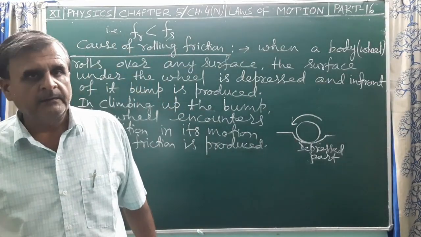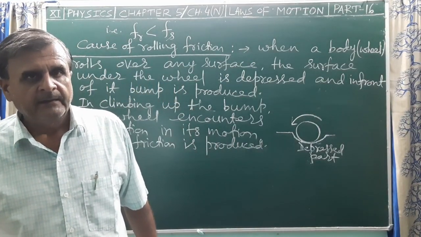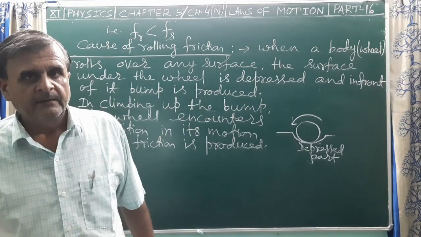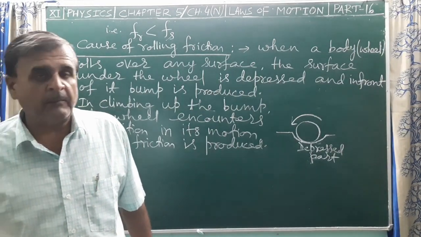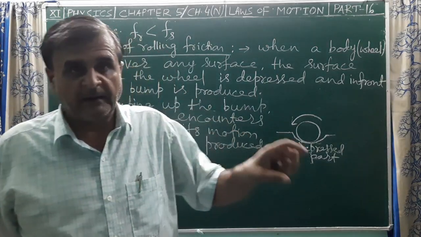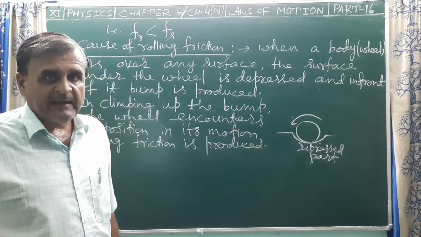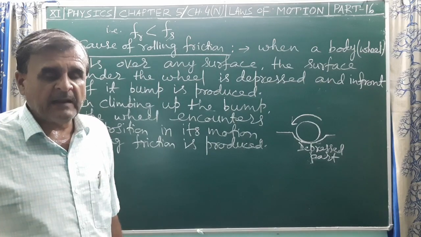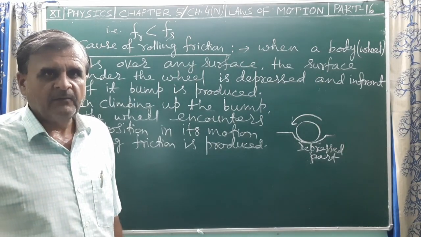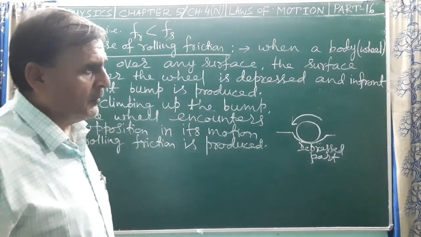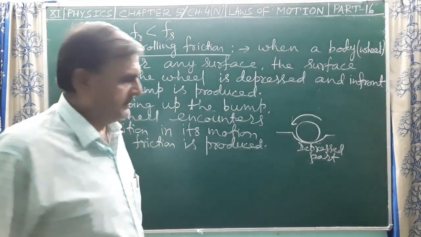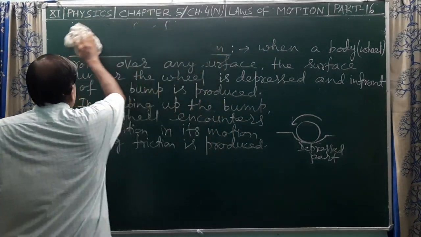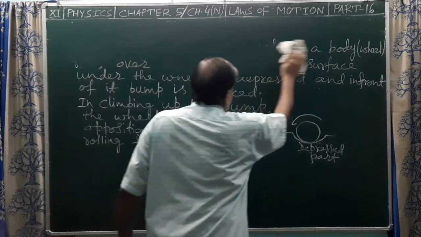If the block finally comes to rest, what will be the stopping distance? What will be the distance covered by the block before coming to rest on a rough horizontal surface? These are very important problem-based formulas that we will derive, and also the formula for work done by the frictional force in that case. So the next topic is